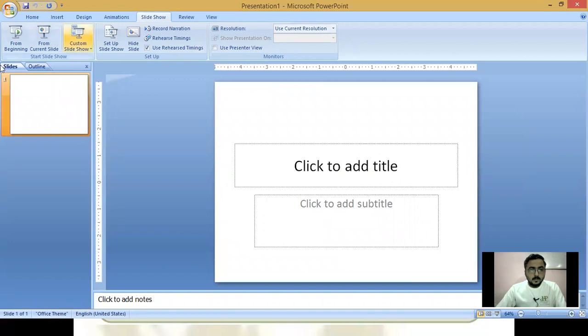On the left-hand side, this is a slide sorter pane where you can see all the slides.